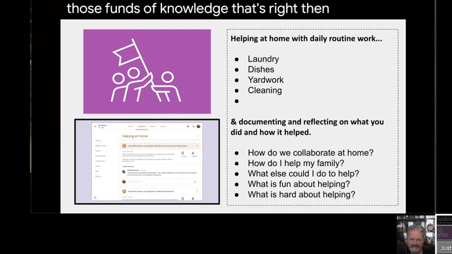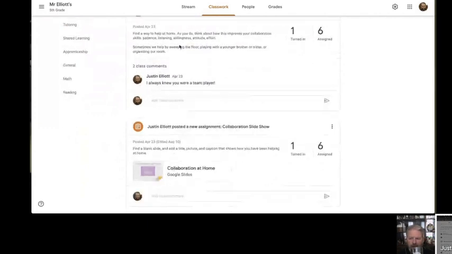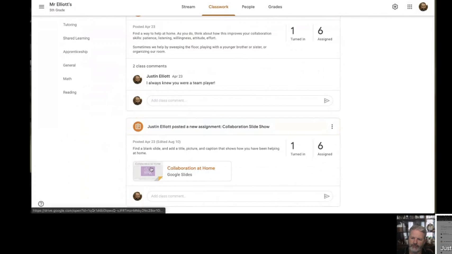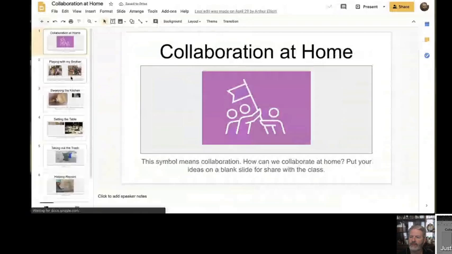Practically, a teacher could facilitate that sort of work by once again starting with a question, and giving some different examples of what kinds of things kids might do at home, but also the parts of collaboration that might be involved: patience, listening, effort. And then here the teacher has posted a Google slideshow, which they have given share access to their students, and it's allowed the kids to go and post pictures and captions of the types of things they've